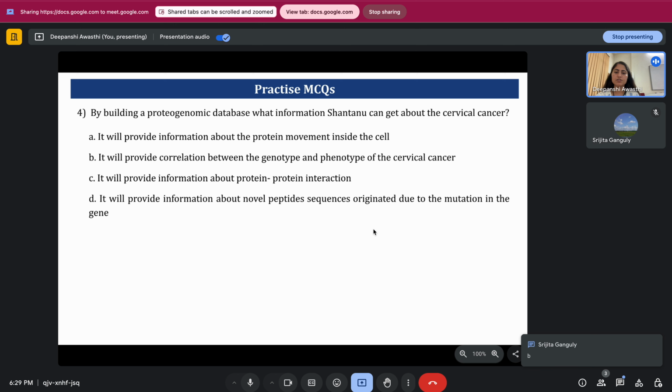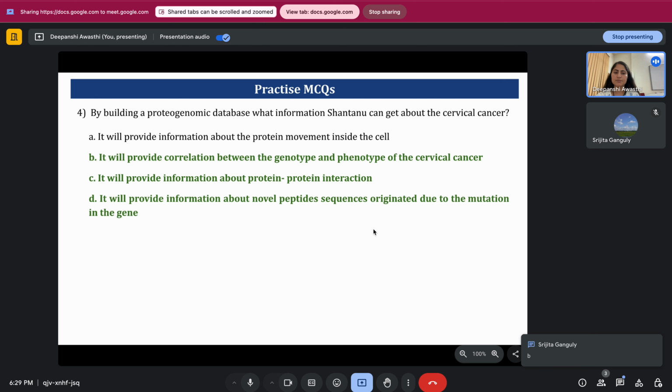Okay, correlation between the genotype and phenotype of cervical cancer. So yeah, this option was also true, but other than this, proteogenomics can also help us to get the information of protein-protein interactions as well as the information about the novel peptide sequences which originate due to the mutations, because we know that in proteogenomics, we can also design the customized databases, because otherwise